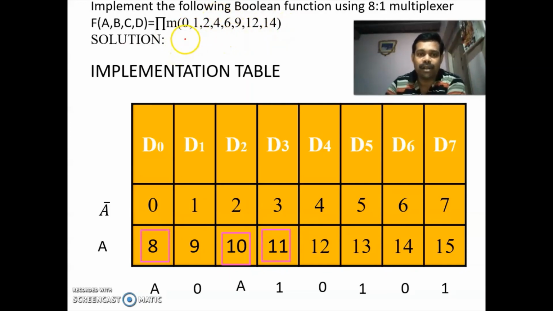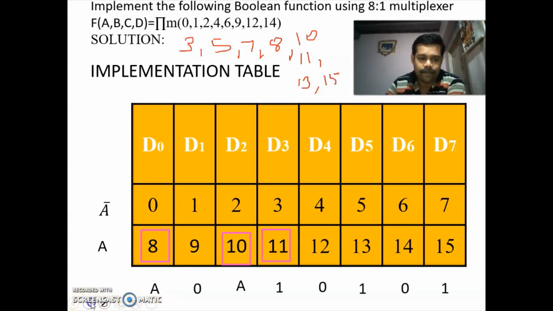So the numbers which are not present in the question are 3, 5, 7, 8, 10, 11, 13 and 15. These numbers you have to encircle.